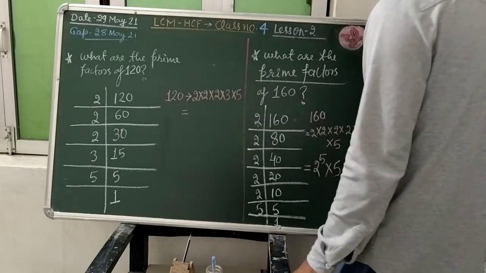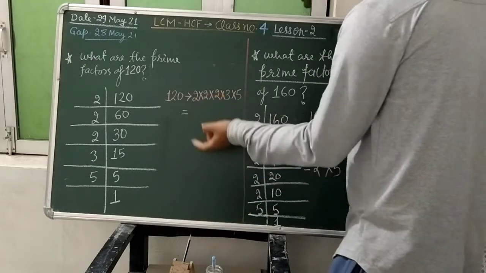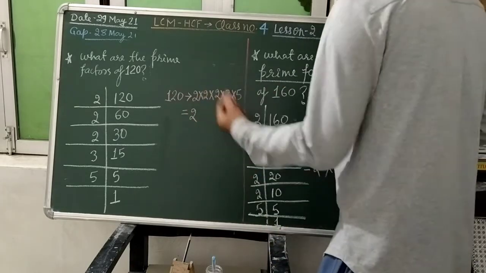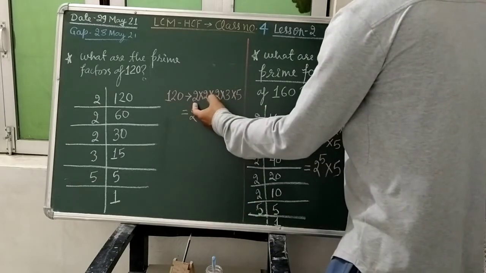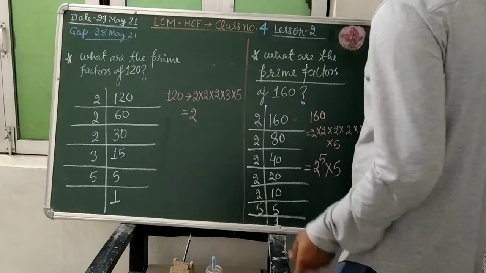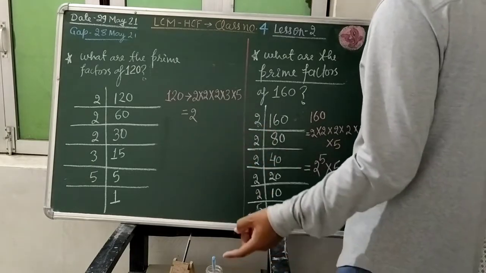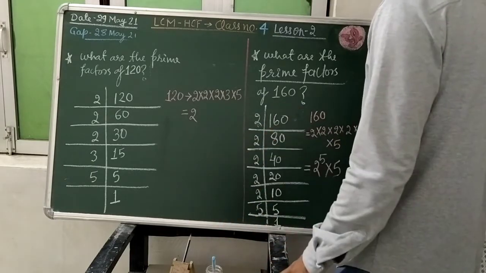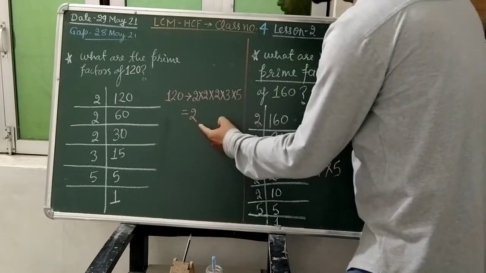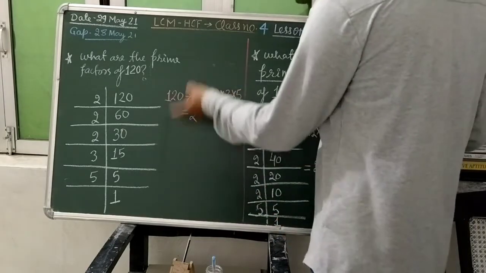So students, here you are getting 2 how many times? 1, 2, 3 times. 2 is coming 3 times, so this number 2 has a power of 3. So we can write that as 2 to the power, and the power is what, students? You are looking, 2 is present 3 times with the multiply operator. If any number is present any number of times with the multiply operator, we can write that in the form of power. So 2 is coming 3 times, so we can write 2 to the power 3.